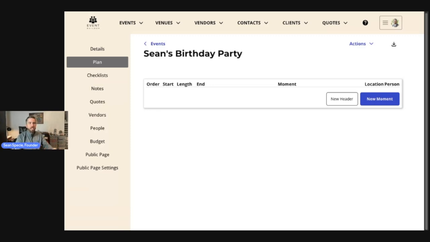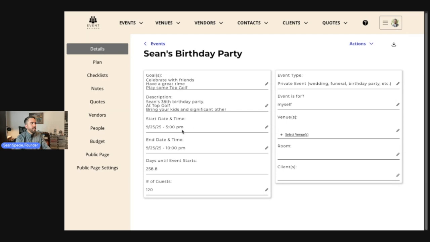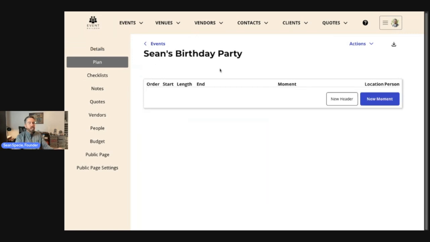And so what happens is when you create your event, you are selecting the start time and the end time, which of course can be adjusted. But the plan starts with the start time, and an event is actually a series of moments. So a conference might have a welcome session on day one in the evening, then dinner, then some drinks afterwards and a late night hangout,